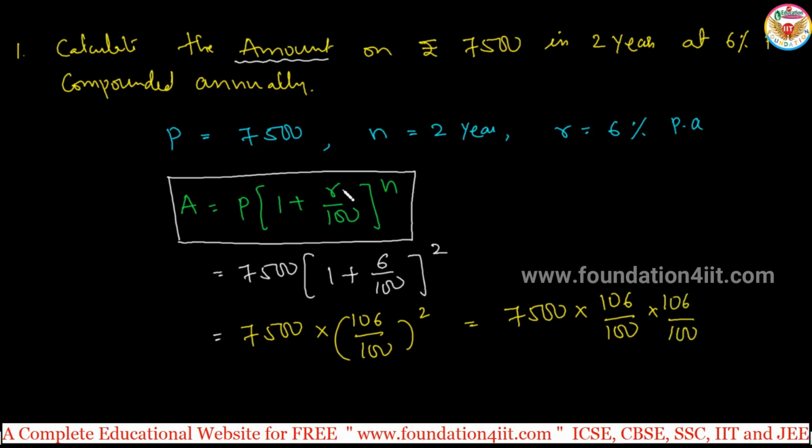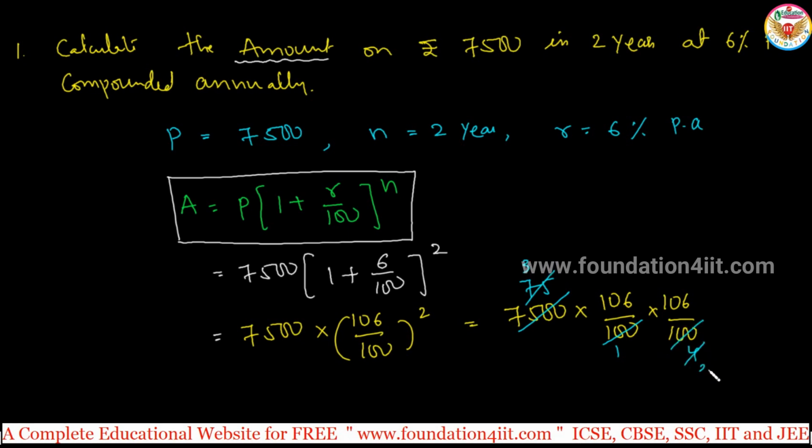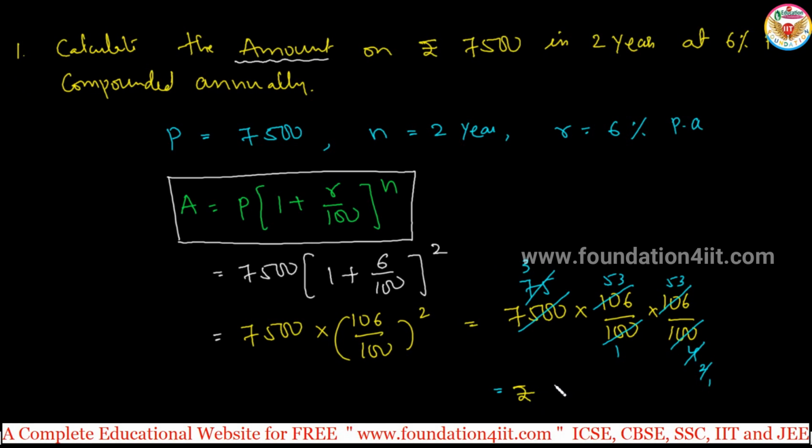You can cancel this 100: 1 times 75, 75 100, 25 threes are 75, 25 fours are 100. After cancellation, 2 twos are 53, again 2 ones are 2 53s, right? So finally 3 into 53 into 53. You can multiply and you get the amount